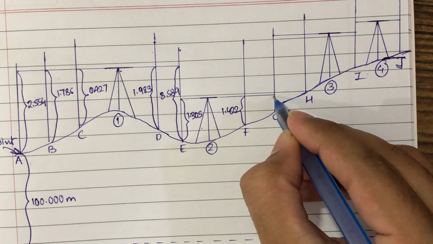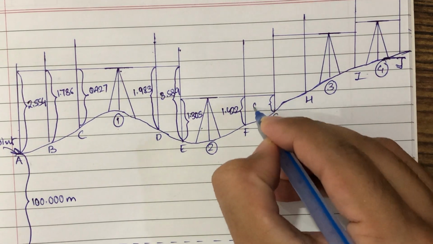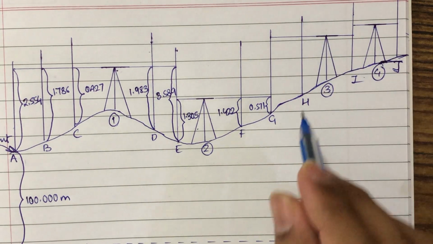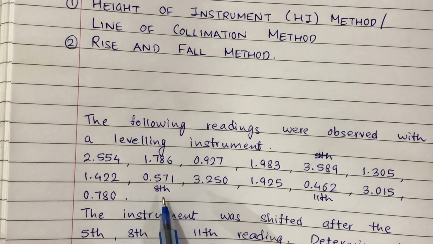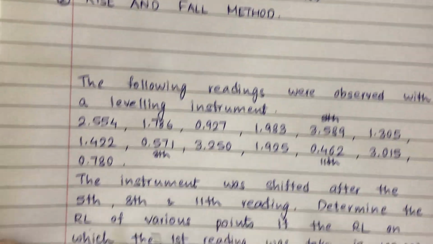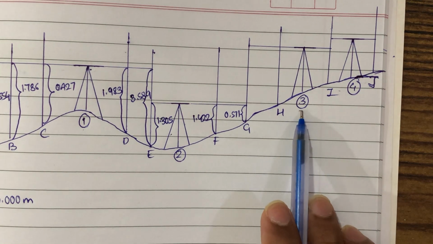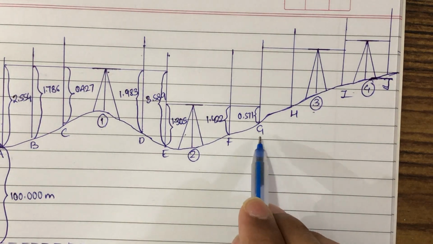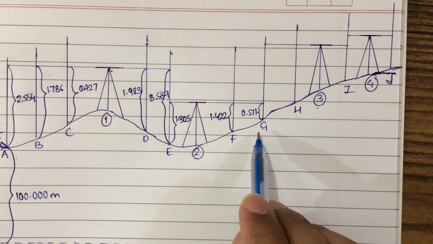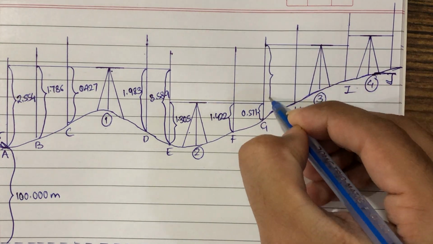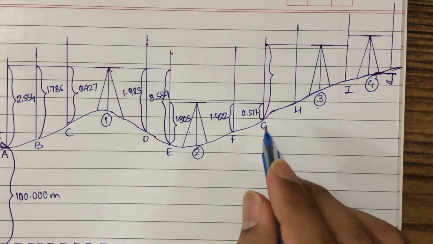1.422. This reading comes out to 0.571. Then this reading here, 0.571, is actually the 8th reading. After the 8th reading, the instrument shifted its position, so from point 2 it shifted to point 3. But the leveling staff was held vertically at this point G itself. So the reading taken from position 3 at this leveling staff held at G came out to